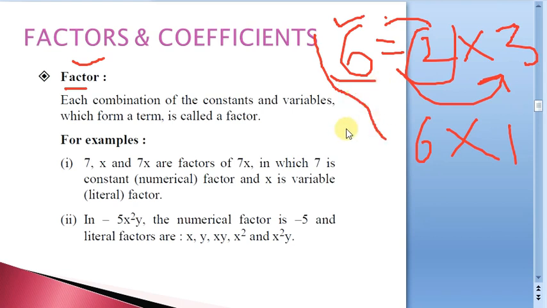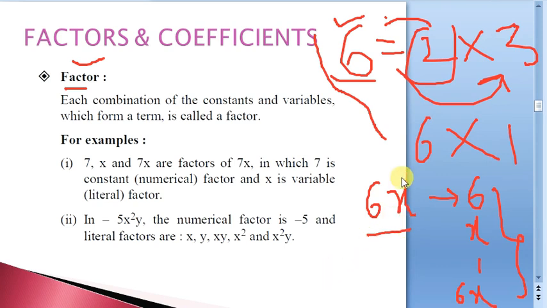Now, this is a pure arithmetic concept, that means only numbers are involved. Suppose I say 6x, what all can divide this 6x? 6 can divide it, x can divide it, 1 can divide it, and 6x as a whole can divide it. These are the factors of this particular expression. Why? Because this involves both the variable as well as the number. The numeral 6 is involved, so we say numeral factor. Numeric means only a number will be there. So 6 will divide the 6x completely. 6 is going to be the numeral factor, and x, 1, 6x, all these are going to be the factors of this 6x.